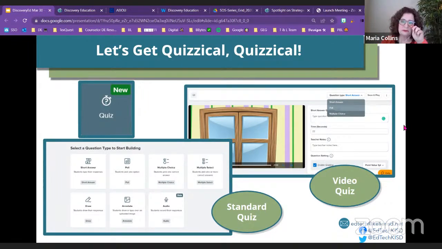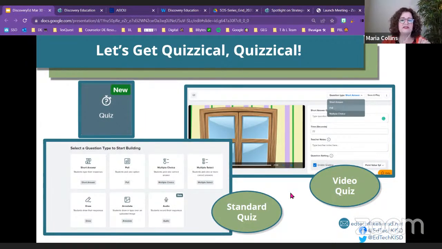Currently, and I think it'll probably remain like this, there are 3 question types: short answer, poll, and multiple choice. So it makes it really easy. The other thing that I wanted to make sure I shared is that they have started adding, just like those activity templates, they looked for the most popular videos in certain grade level bands, and they have started creating video quizzes with those. So there may be some that you're going to use that have already been created for you. And even if they're created, but you want to edit it a little, you can do that. So that is the video quiz.